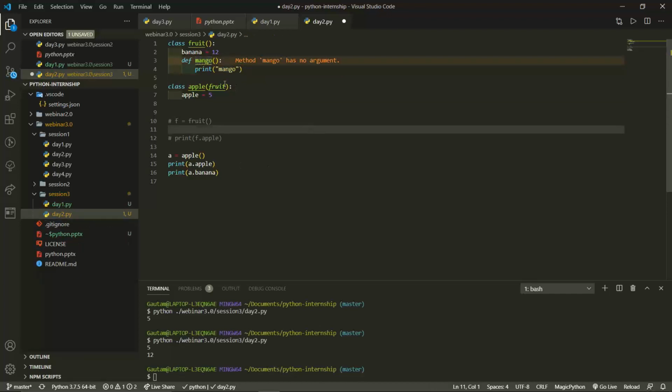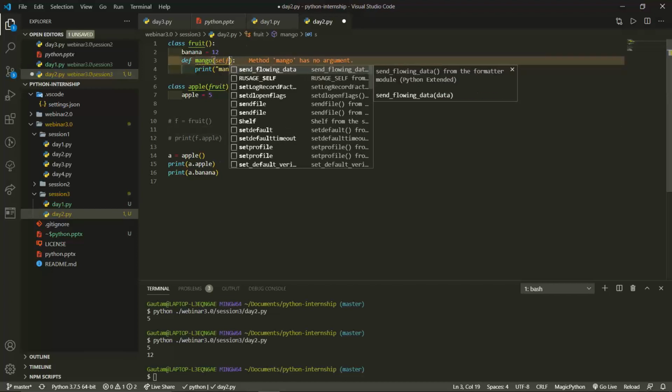The method mango has no argument, so we need to give the argument self over here.